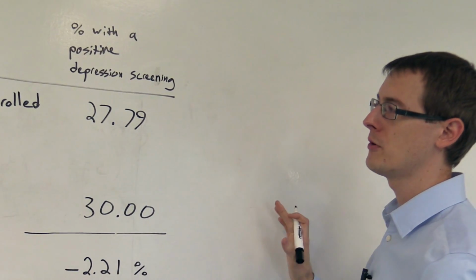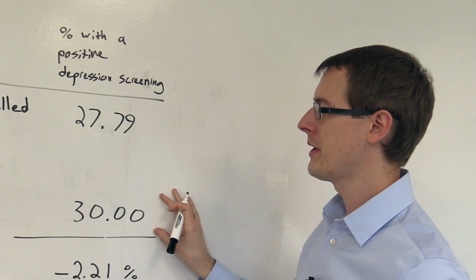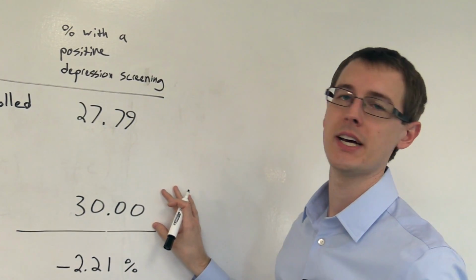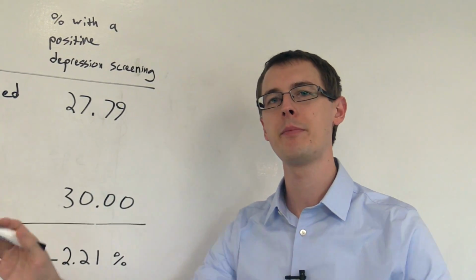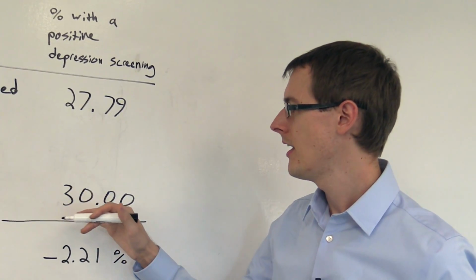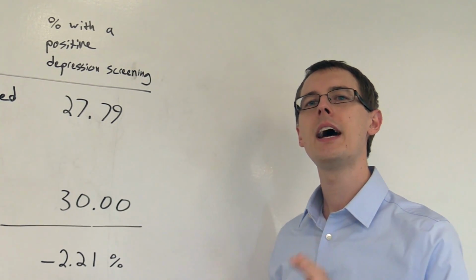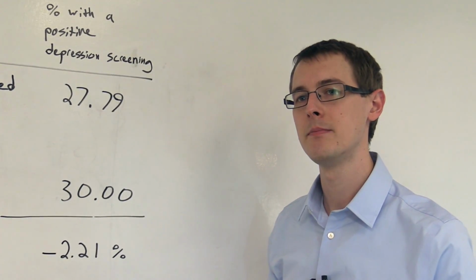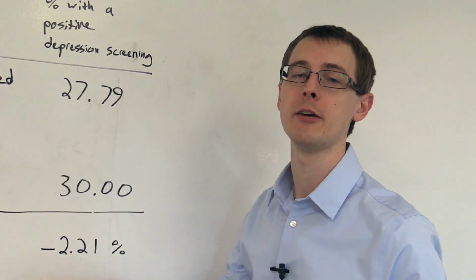So let's start out with the control group. For these people, we know exactly what the average outcome is when you don't get Medicaid, because there was no compliance problem. It's 30%. So if I assigned everybody out there in the population, the whole United States, to not get Medicaid, then 30% of people would have a positive depression screening. But now remember the definition of our average treatment effect. It's the difference between the average outcome when everybody gets Medicaid and when everybody doesn't get Medicaid.